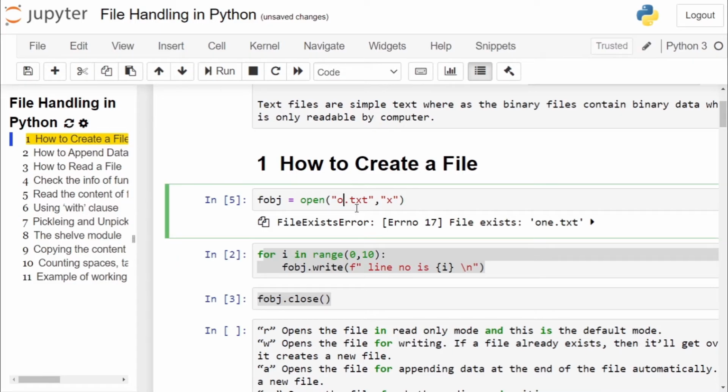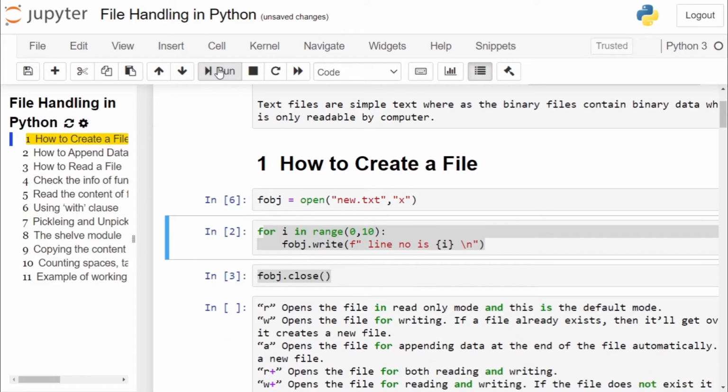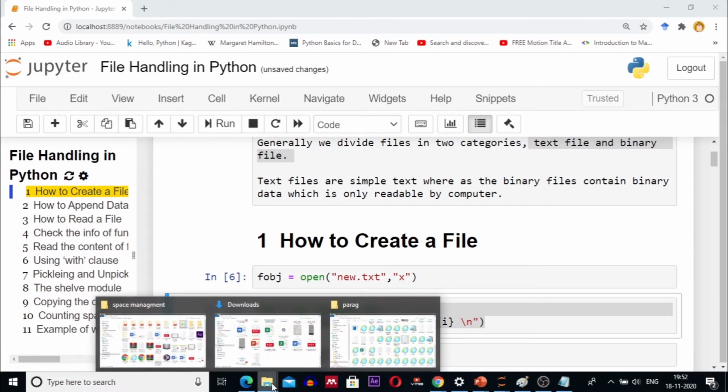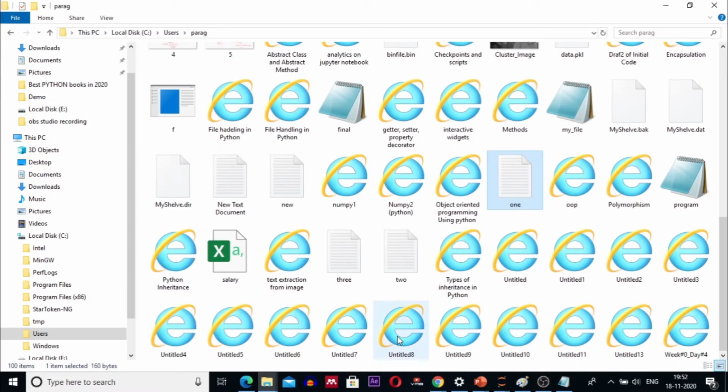If you want to create a file named new.txt, which is not present and not created by us, using the mode x, click on the cell, run the cell, and now the file is created. Cross check whether the file is created or not. Go to the folder wherein your IPYNB file is present and check for new.txt.